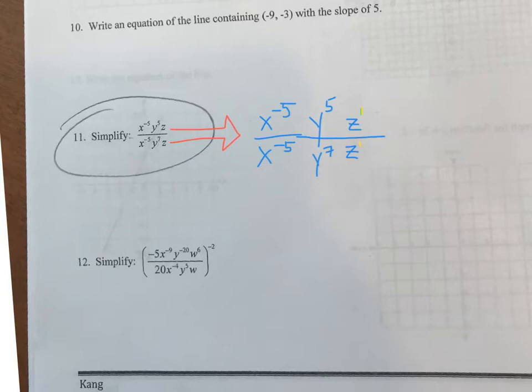Now, for my student at home is very bright, so I believe that my student at home totally could tell that, to be honest, he could just cancel these z's, and to be honest, he could just cancel these as well, because anytime you have the same number over itself, it just cancels out, basically. Now, that's totally true. Nonetheless, I do think it's going to be smart to go about this in a systematic